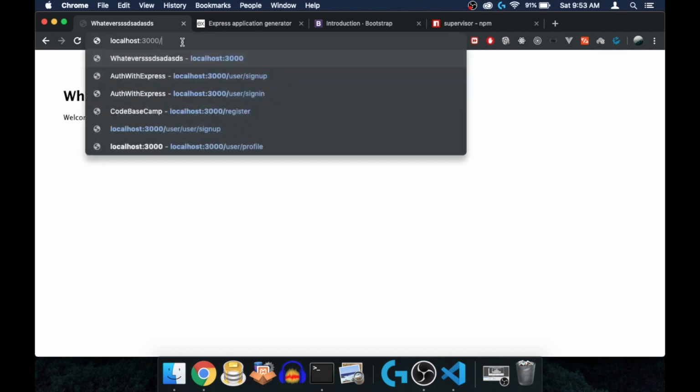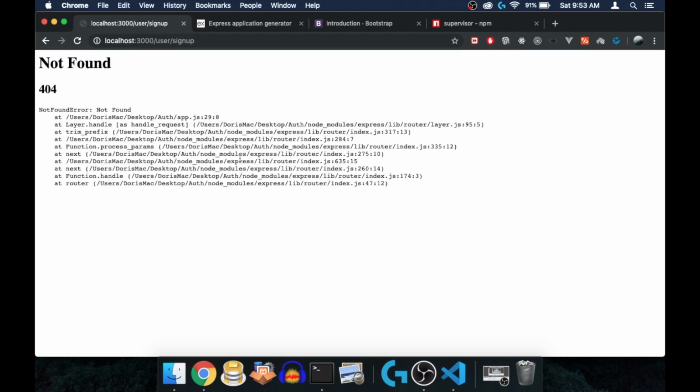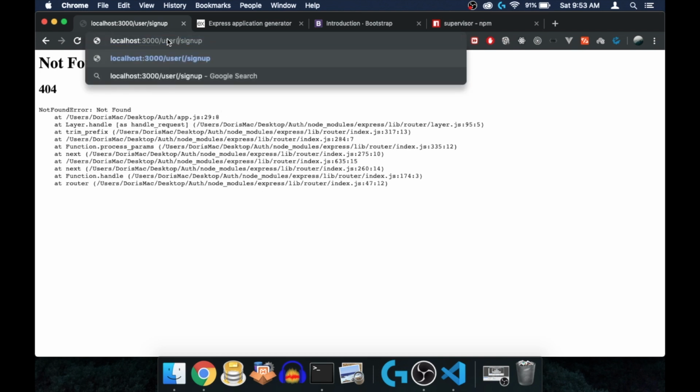Let's type in localhost /user/signup. And you will see that we will get an error, not found. So why is that so? If I type in here another /user, it will work. We get back, this is sign up. So the reason why we have to add two /user is